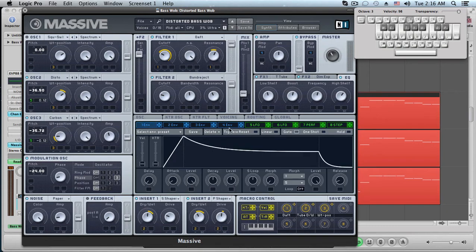Let's see here. Envelopes: our delay is all the way to the left, attack is all the way to the left, our level here is all the way to the right, decay is at 12, level here is about 1 o'clock, and I believe that's it. Our release is all the way down here,